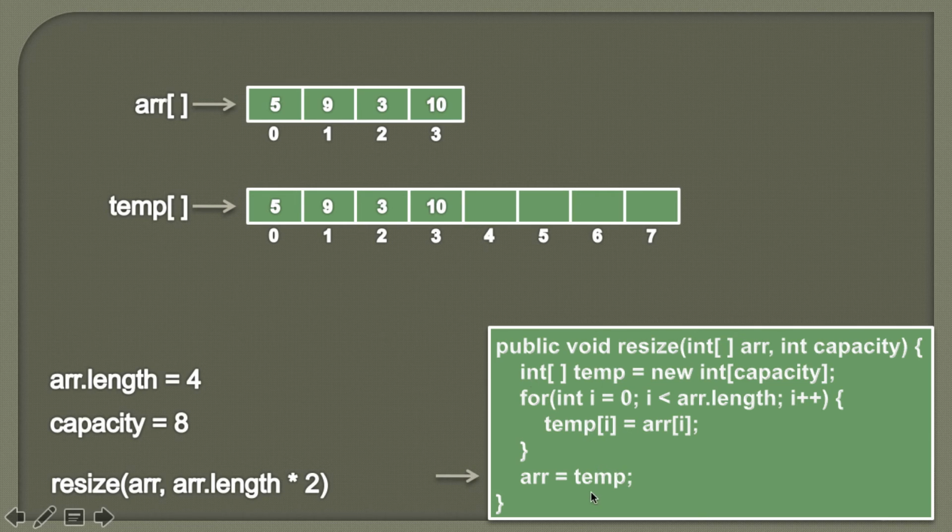And at the last step what we'll do is, here you can see that this temporary variable is pointing to this array object in a heap. And our array is pointing to this object in heap. So now whatever value is stored in this temporary array we'll assign to our original array. So it simply means that we are reassigning this array to this array. So it would look something like this, that now this array will point to this temporary array, which is nothing but pointing to an array object in heap.